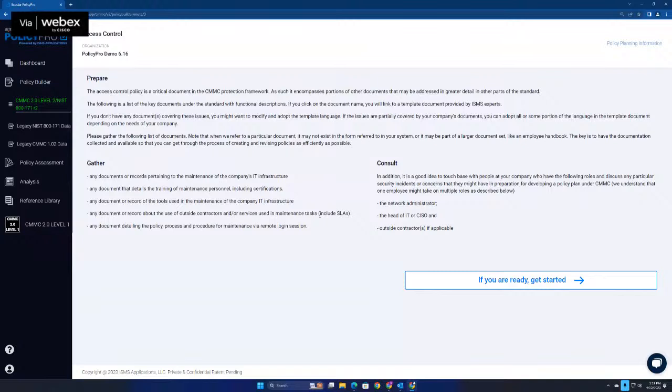In addition to that, the consulting portion is everyone you'll want to bring in as part of this process, whether they are internal stakeholders or external stakeholders. For example, it could be your network administrator, head of IT, or CISO. And then if you do utilize any outside contractors, for example, an MSP, MSSP, or an IT consultant, they would be involved in this process as well. Once you have all of that prepared,